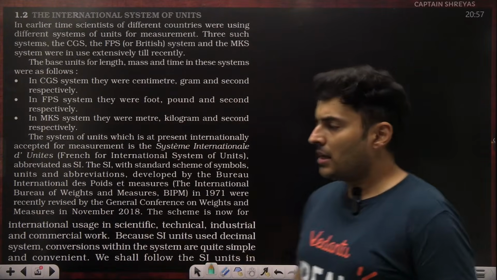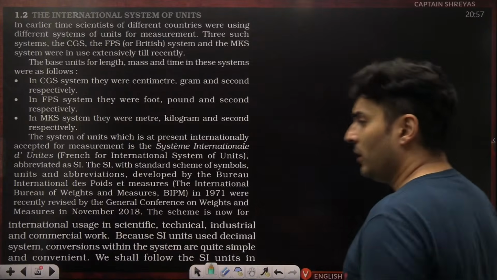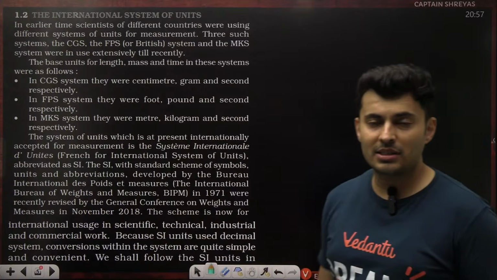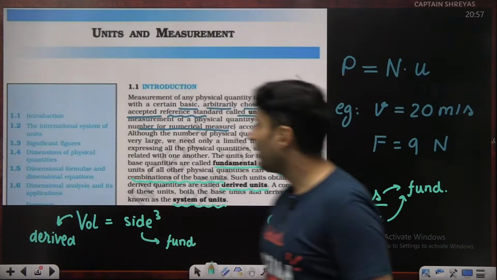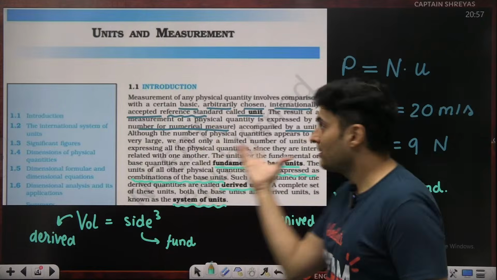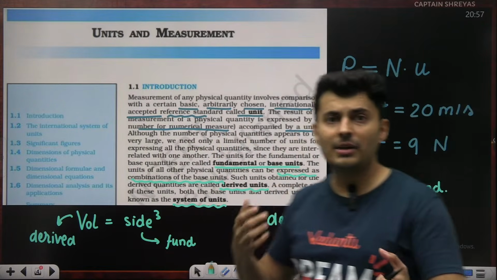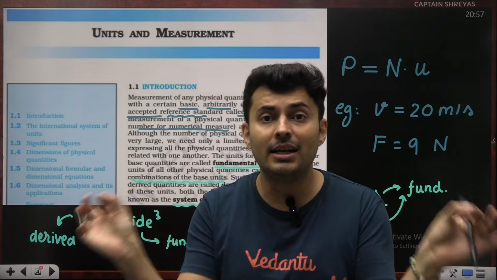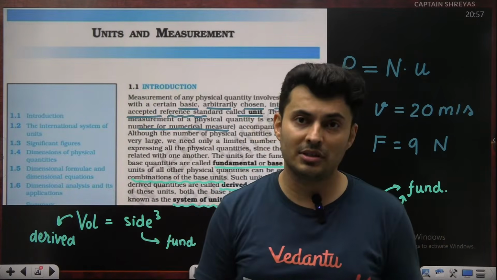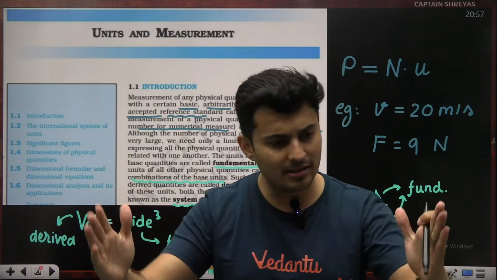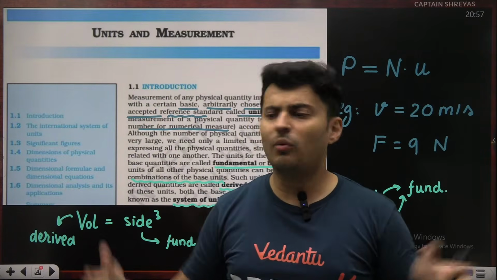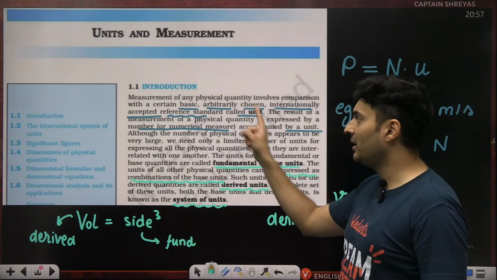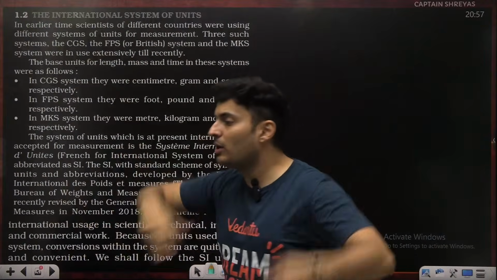Now, in the next paragraph of 1.2, we talk about the international system of units. Like we said in paragraph 1, all the units like Newton, meter, centimeter are defined, decided and accepted internationally. Nobody cross-questions them. When somebody says this much is a meter, yes, we accept. We will not ask why this much is not a meter. We do not argue. That is why this first line was important.